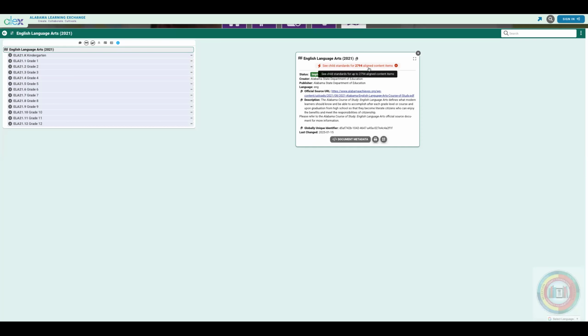So the first thing that will pull up is going to be just this primary item card. This is referring to this whole course of study. If you are a teacher who loves to have that PDF, that official board approved document from the State Department of Education, that PDF document, it is right here for you. That document does have a ton of important information.